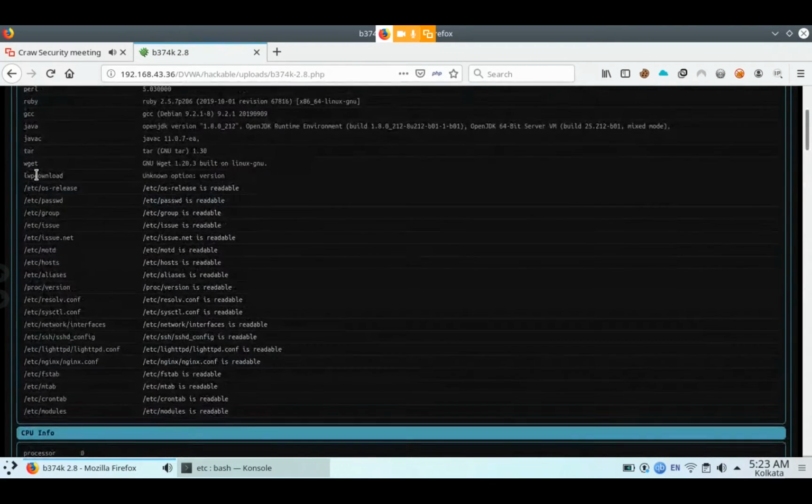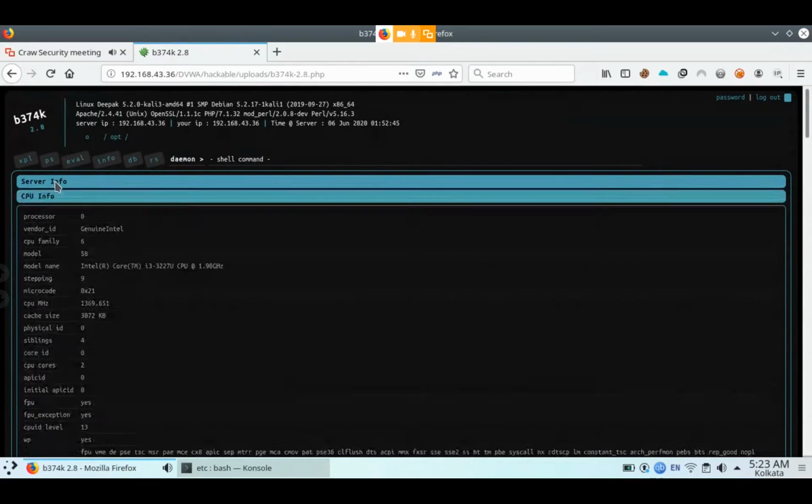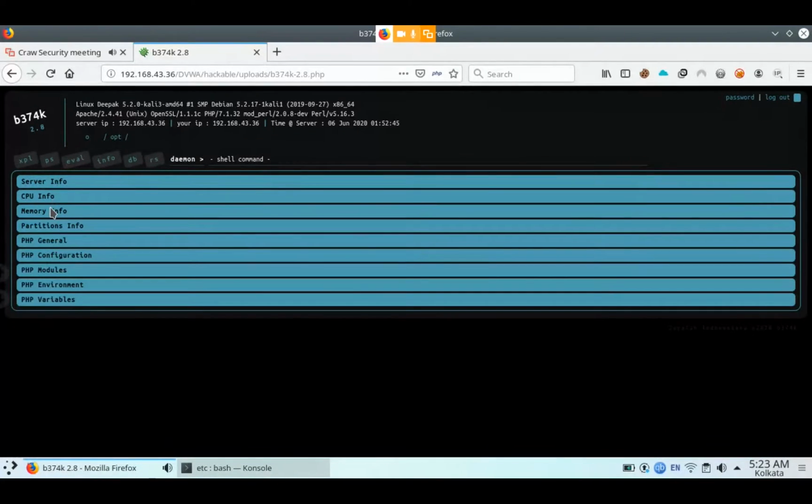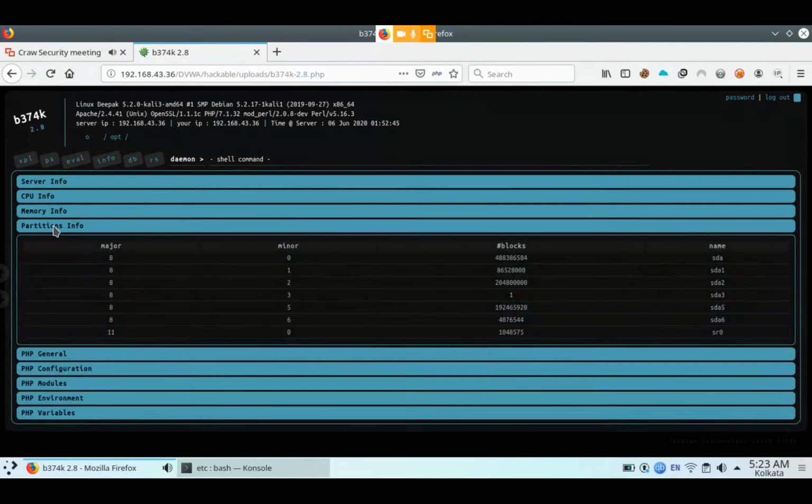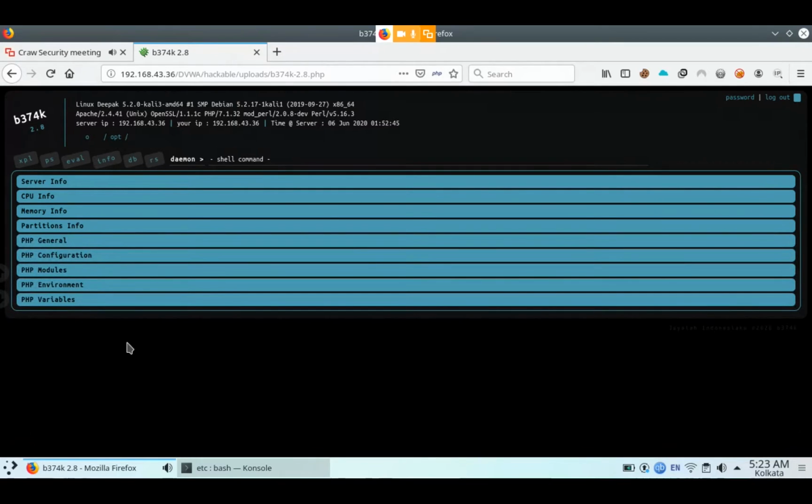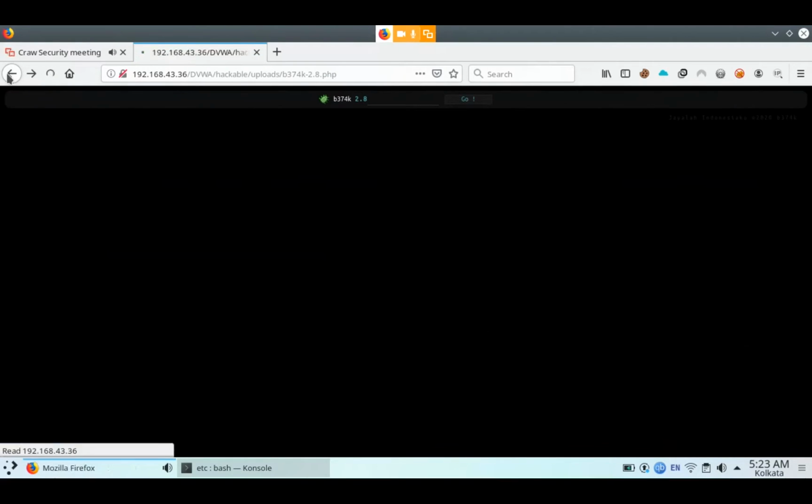Is that clear now? Through many more things, partition information is here, all the things you can find here, only through a PHP shell. Only through a PHP shell you can get this type of information.